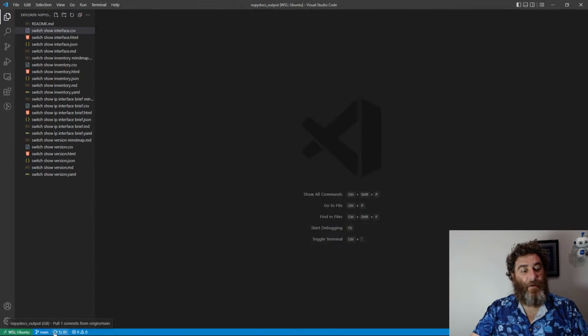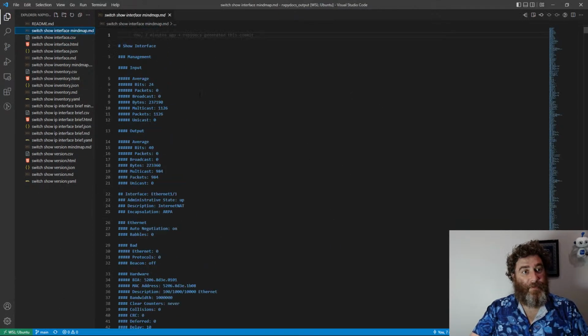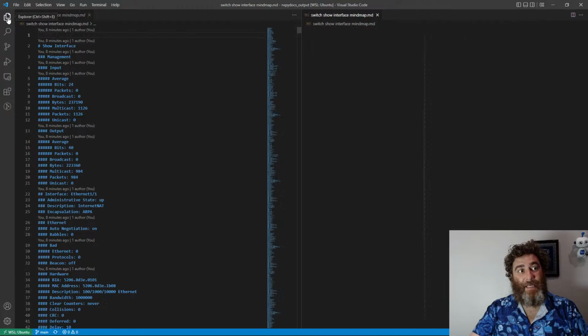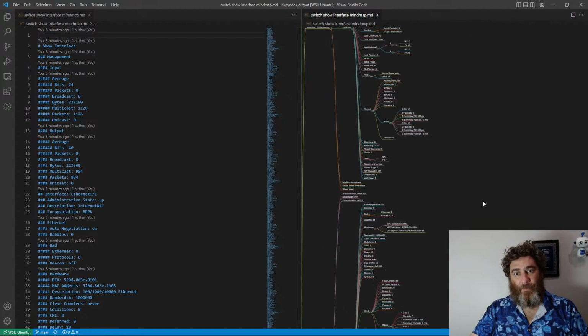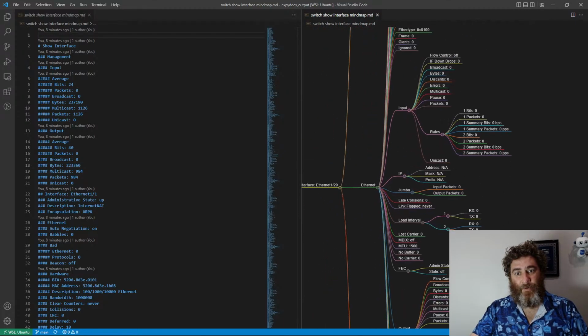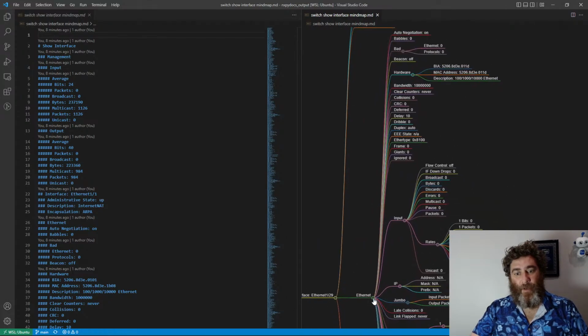So let's pull it down and mind map. So this is what it looks like. All right, so if we preview it as a mind map, it is massive, right? But if we get our zoom level, let me recenter it here. If we get our zoom level to a certain degree, like we can look at one interface, right? So if I minimize this,